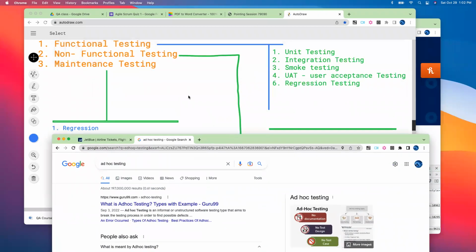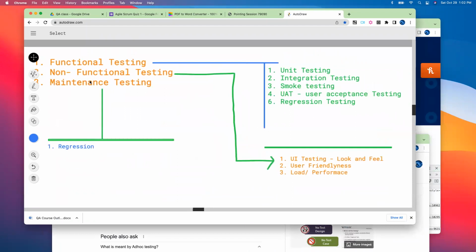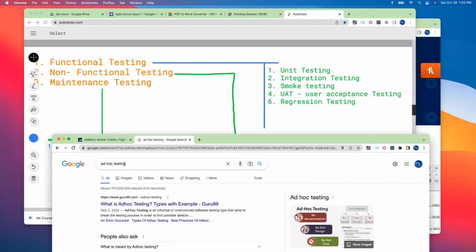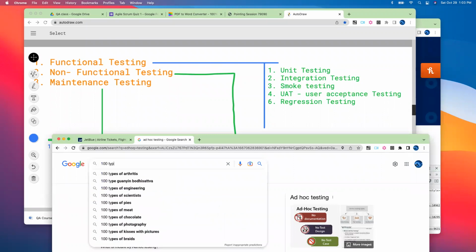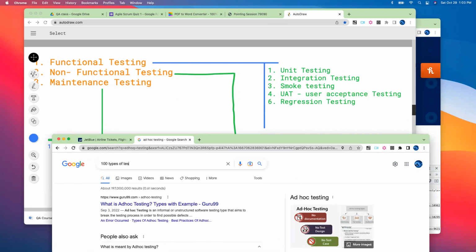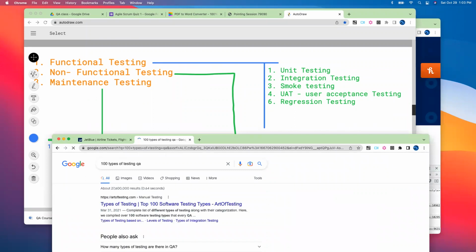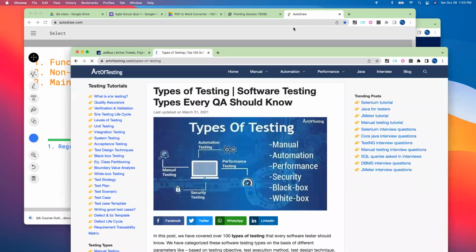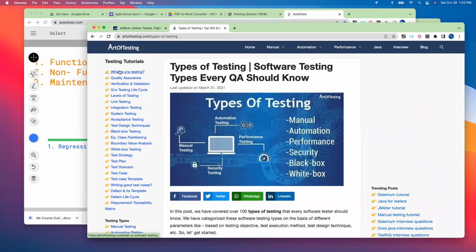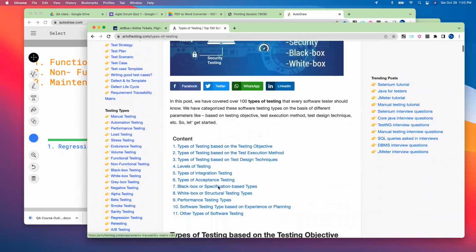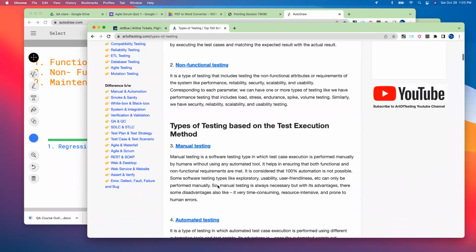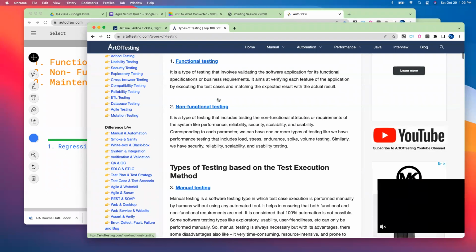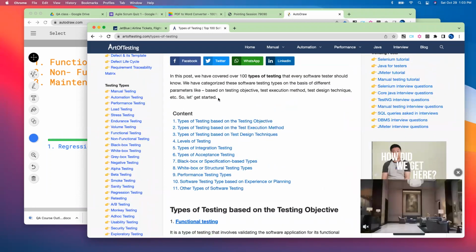All right, so these are the 3 types of testing right now, the classification of testing. There are a lot more. If I give you guys 100 types of testing, for example, a list of types of QA testing, do you want to know all of them? I don't think you need all of them. Like we got black box, white box, maybe we'll cover that. But everything that we talked about now,